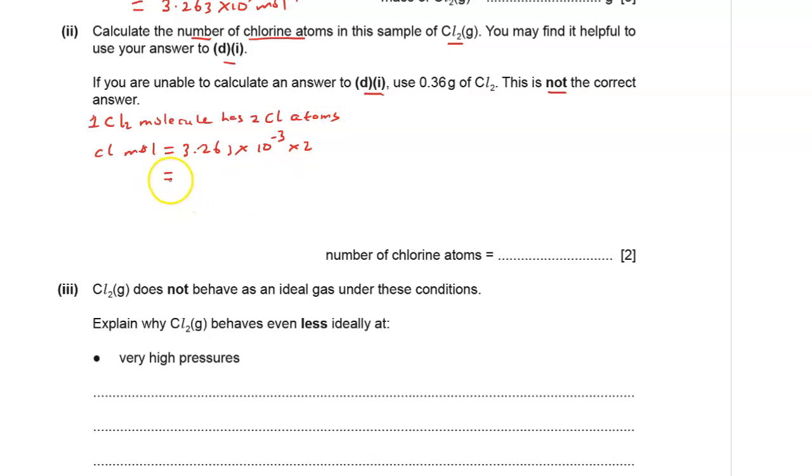Therefore, this number will give us 6.526 times 10 raised to power minus 3